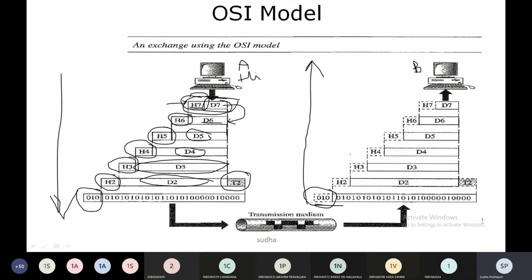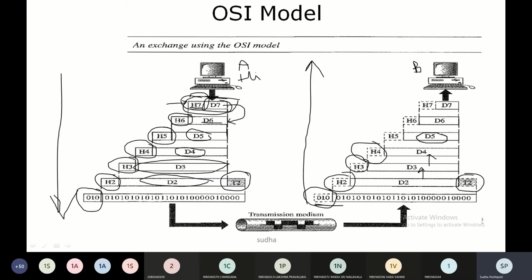Again in the data link layer, the header is dropped and the trailer is also dropped, and the rest of the data is sent to the layer above it. And what is the layer above it? The network layer. In the network layer, it again drops this header and transmits it to the next layer above, the transport layer. Here again this header is dropped, and this is what is called encapsulation and decapsulation. Encapsulation is adding the headers and decapsulation is removing the headers at its peer layer in the destination.